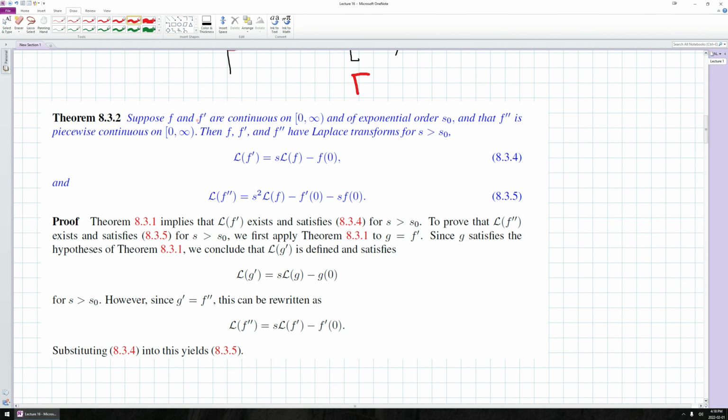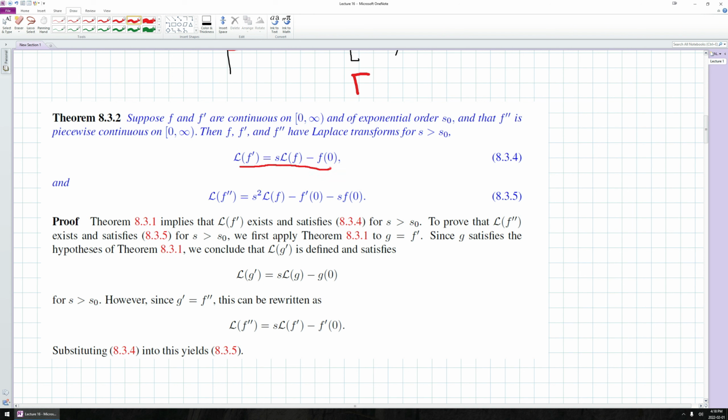So here, suppose f and f prime are continuous. So now I have that both of these things are continuous on this half open interval, and both of them are of exponential order s naught. And now I'm going to say that the second derivative is piecewise continuous. Then it follows that f, f prime, and f double prime all have Laplace transforms,